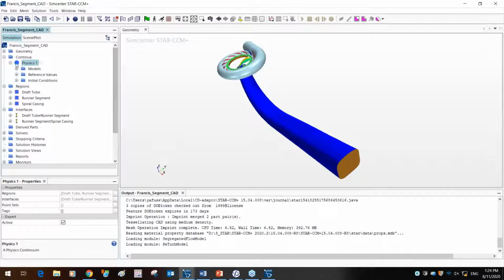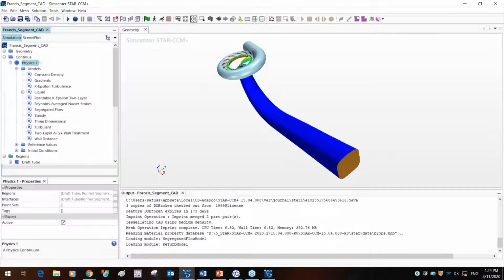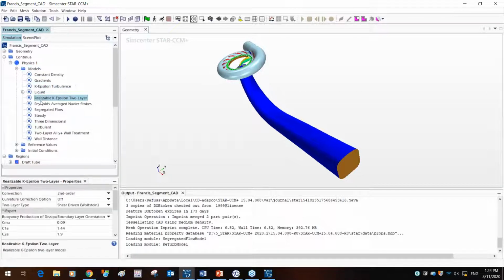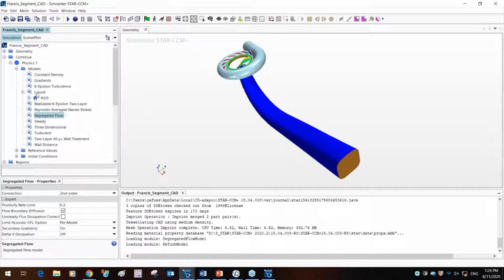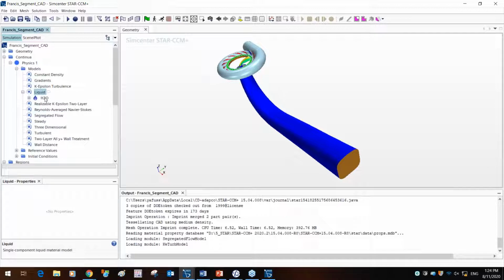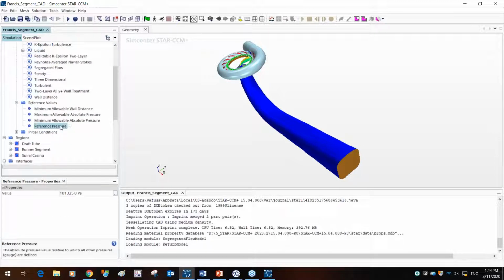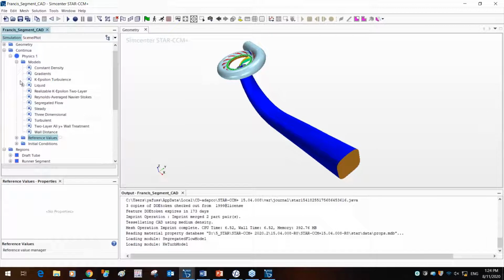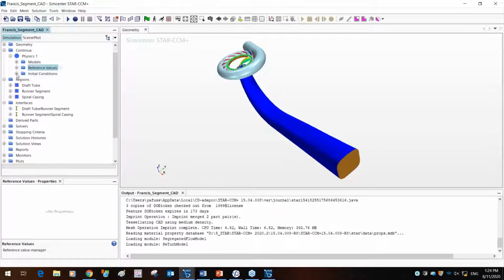So once you've selected the models, you're going to see this turn from blue to gray. That means all the models are complete. If you expand the sector, you're going to see all these models available out here. This is where you apply the boundary, the material properties, and water is set as the default property. You also have the reference values because all the measurement in terms of pressure is gauge. So you have the reference value set to atmospheric. You can definitely change that if required, and also the initial conditions associated with that continuum.